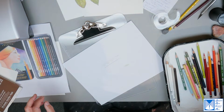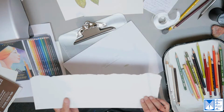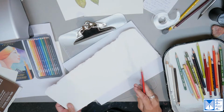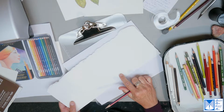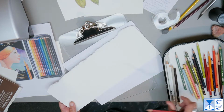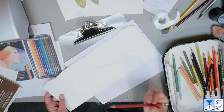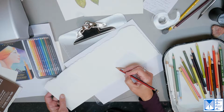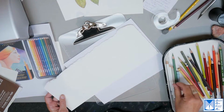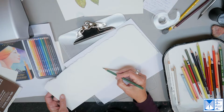Here's another kind of paper. This one is actually regular watercolor cold press paper. And this has a very large tooth. So if I was looking at this sideways, it's very deep. And you could feel it. It feels really rough. And this creates a fun texture with colored pencil, but